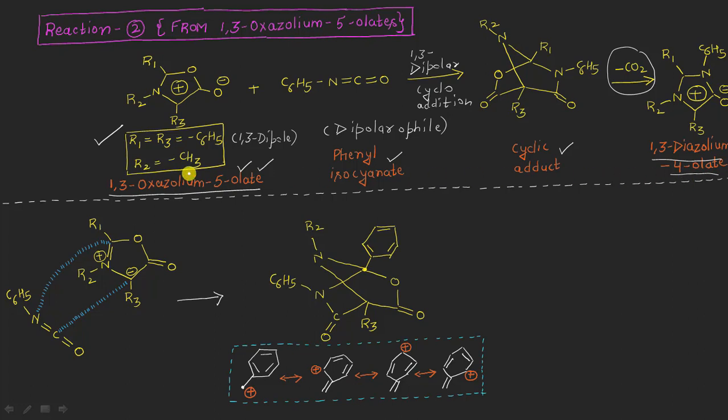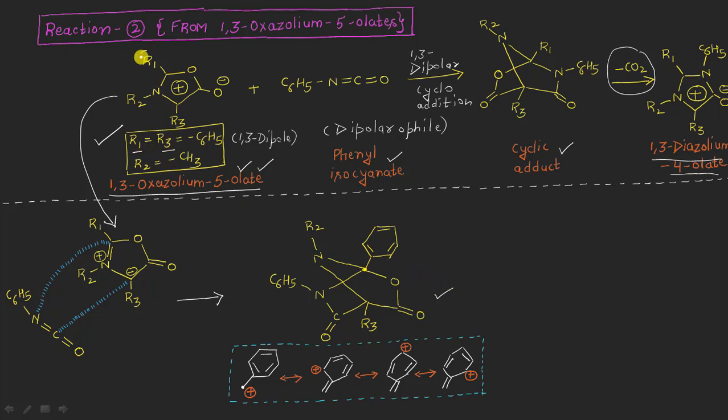Okay, so now it is time to represent this type of mesoionic structure into some useful type of representation, which will be in this way. I mean the 1,3-dipole, and here you can see it is the dipolarophile, and the negative end of the dipole is interacting with the carbon atom of this isocyanate, and here the nitrogen is interacting with the positive end of the 1,3-dipole, and we will be getting definitely this type of cyclic adduct molecule. And moreover, I want to tell you people that please have a look on the substituents here, the R1 and the R3.